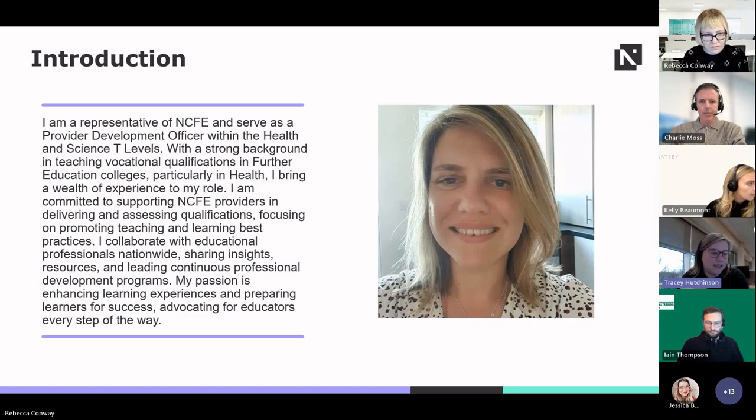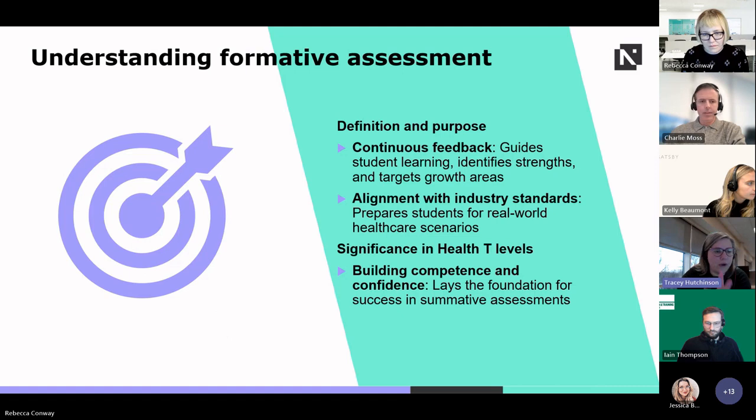So let's move on to the next slide, where we're going to make sure that we're understanding what formative assessment is and actually what the purpose of it is. Formative assessment is a really powerful tool in the learning process. And I know moving from vocational quals, where we have done some formative, we've been very much dependent on summative assessment. It's really ensuring that we have really strong, robust formative assessment in place to support our teaching delivery